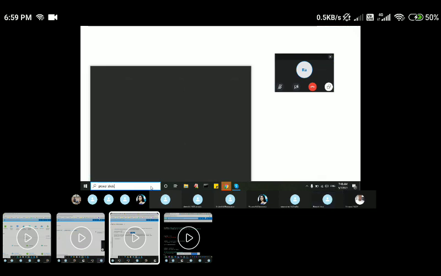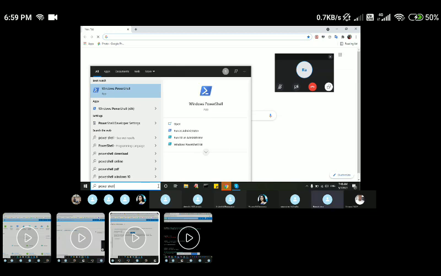Hold on. Here, just right click on it. Right click, don't click on open. Or else you see the run as administrator option, right? Yeah, run as administrator.